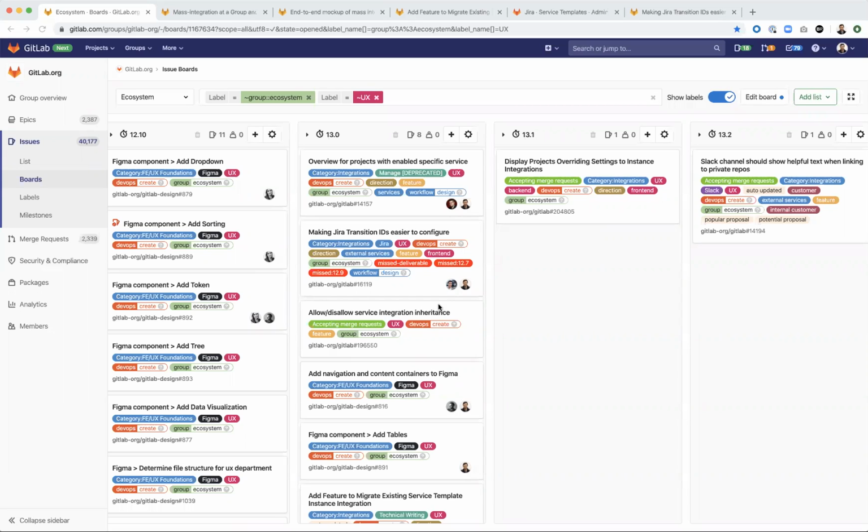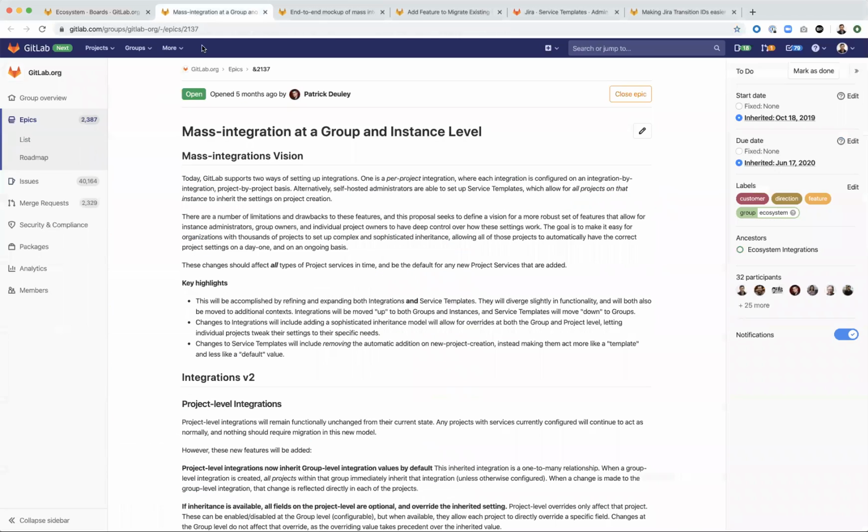So in this milestone, I'm really going to be focusing on continuing the work that we've been working through over the past three or so milestones, which is called mass integration at a group level and instance level, and this is the epic. For this, I'm not going to go too much into detail about what this work's about. I did a UX showcase on this maybe a week or two ago, so I recommend checking that out